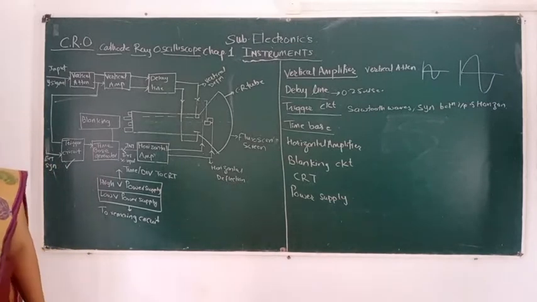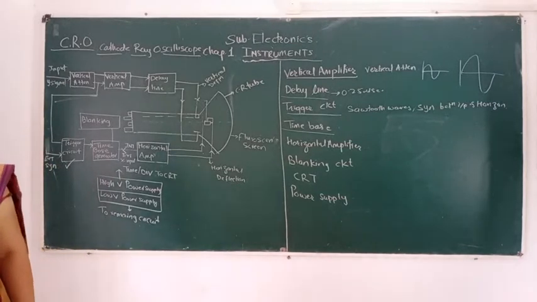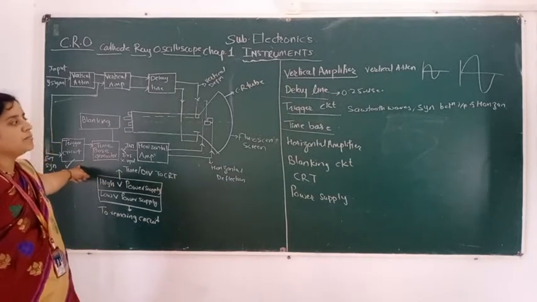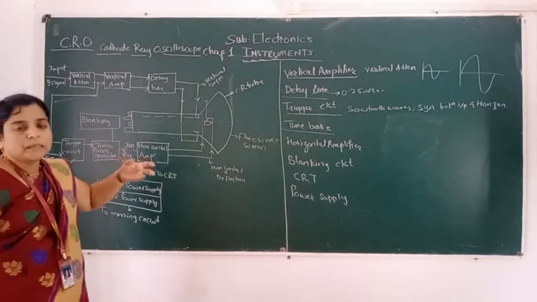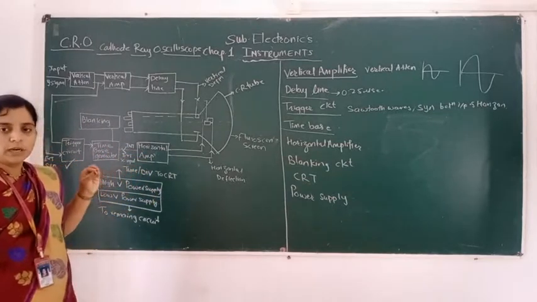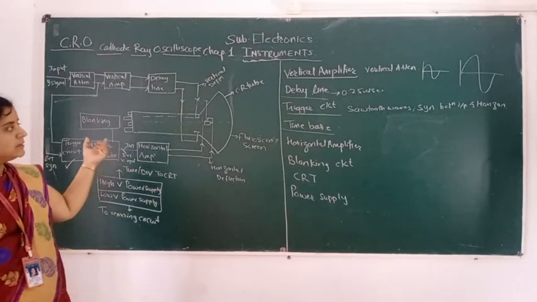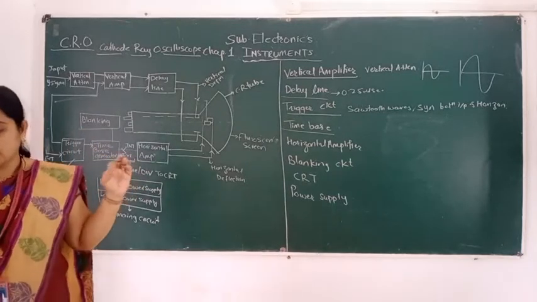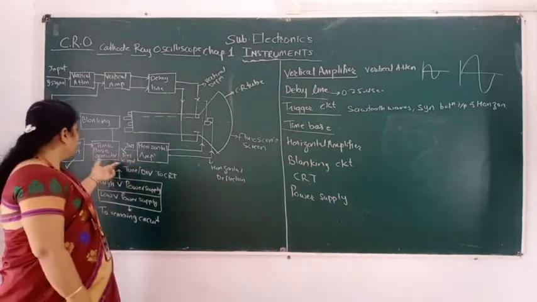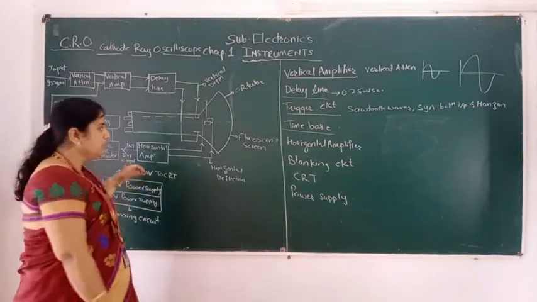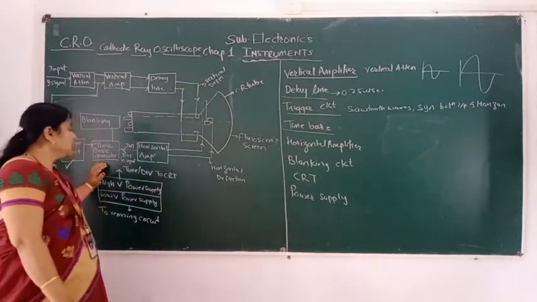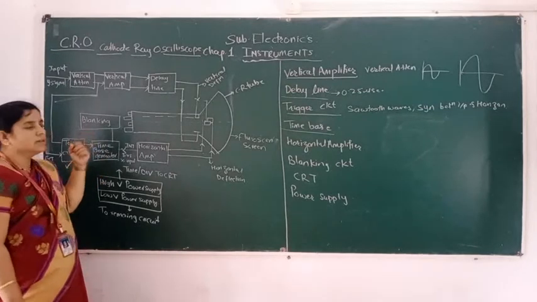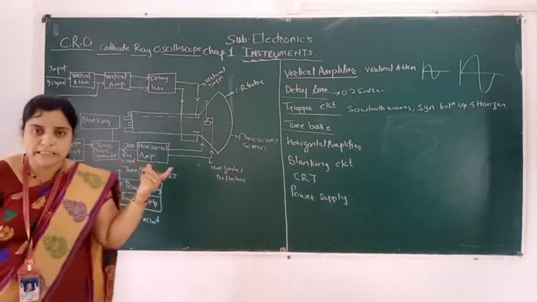When input is given to the trigger circuit, it prepares the sawtooth signal. It gives the sawtooth signal. Then the sawtooth signal synchronizes between input and the horizontal signal. Okay. Next, it is given to the time-base generator. The time base generates the signal and it gives the blanking of the signal.